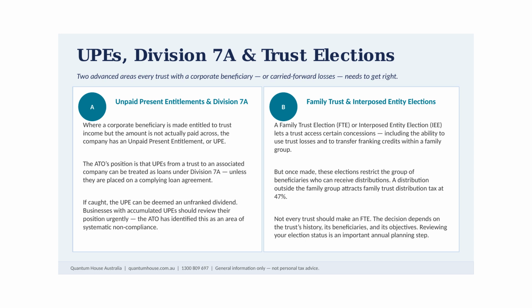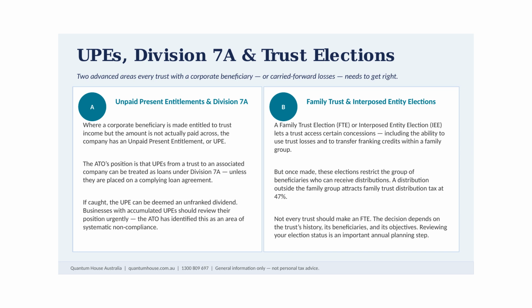When that happens, the company has what's called an unpaid present entitlement, or UPE. The ATO's position is that these UPEs, from a trust to an associated company, can be treated as loans under Division 7A unless they are placed on a complying loan agreement. And if caught, the UPE can be deemed an unfranked dividend, a harsh outcome. Any business with accumulated UPEs should review its position urgently because the ATO has specifically identified this as an area